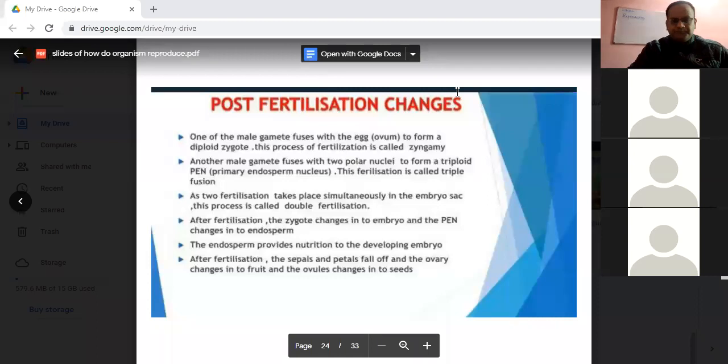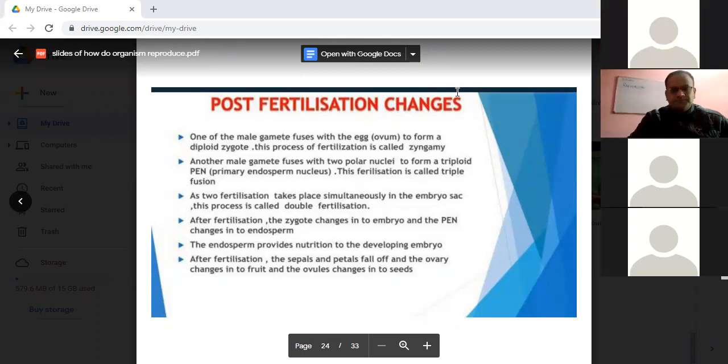Then, Palak, after that. Okay, Anushka. Very good, one point Palak shared. Then the next point Anushka wants to answer. Very good responses from you all. Yes, Anushka, go ahead with the second. The ovary is finally converted into the fruit, and the ovules into seeds. Very good. Then the seed develops into? Fruits. Okay, very good, students. So these are the post-fertilization changes in the case of plants.